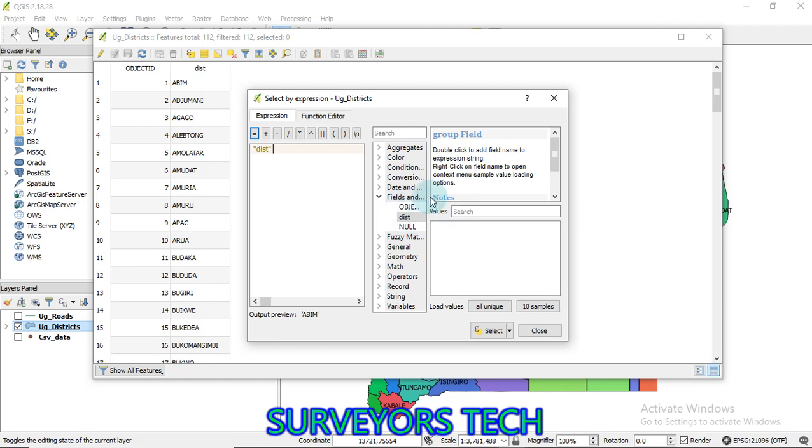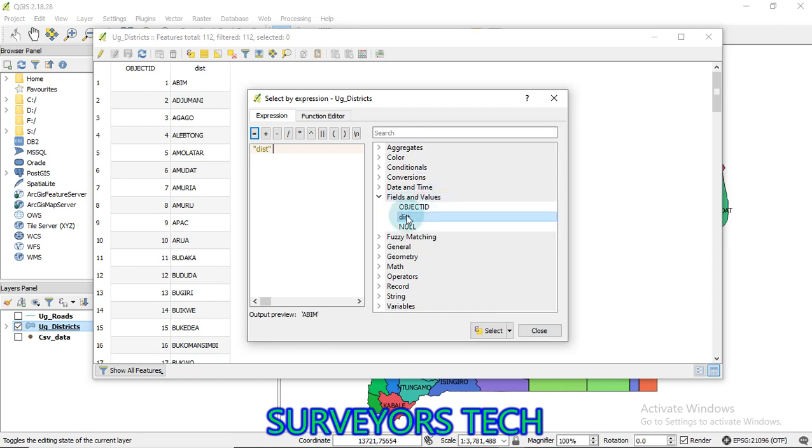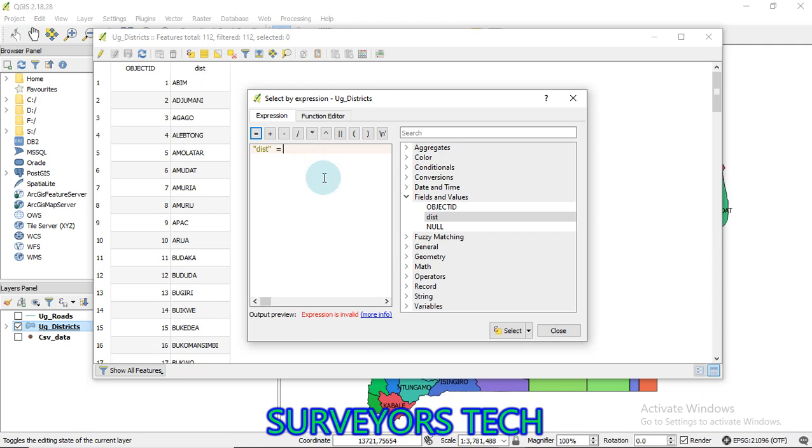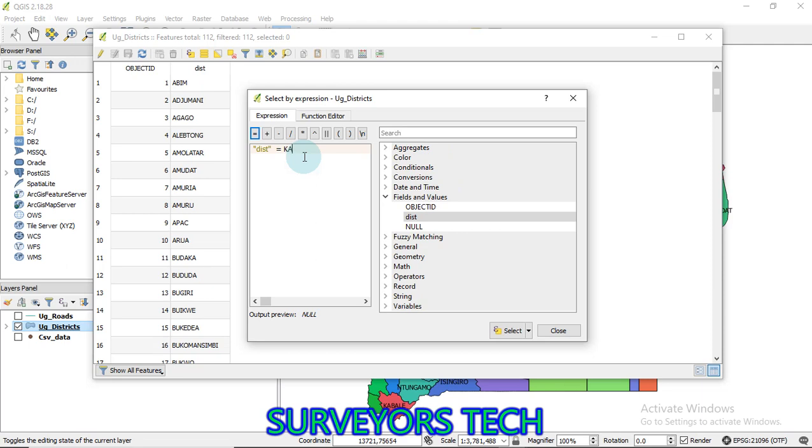So you come, and here we have fields. You come to fields and values, then you double click on the field that you want to use. I want to select a district whose name is Kampala. So you select that and say it is equal to Kampala.